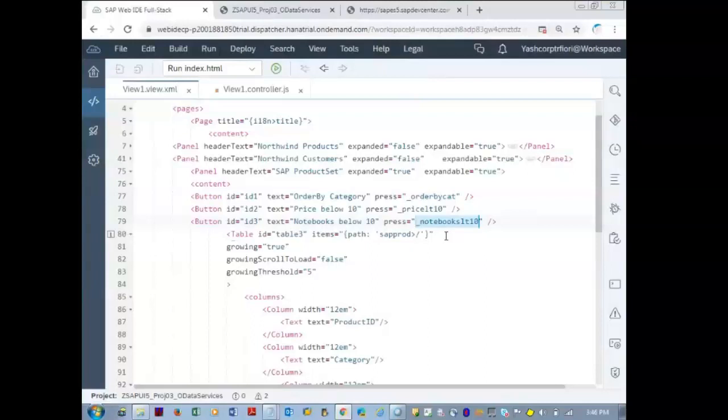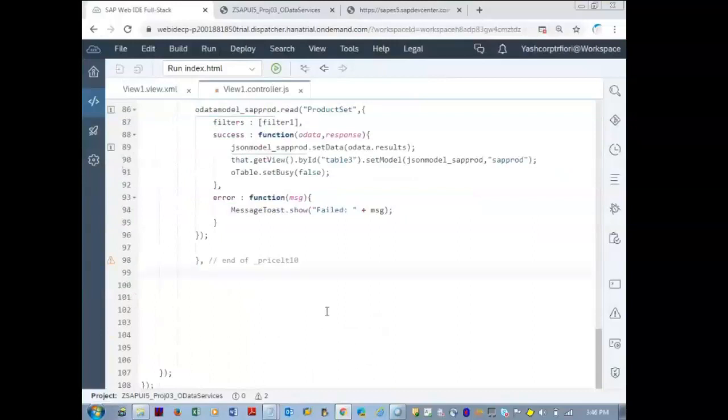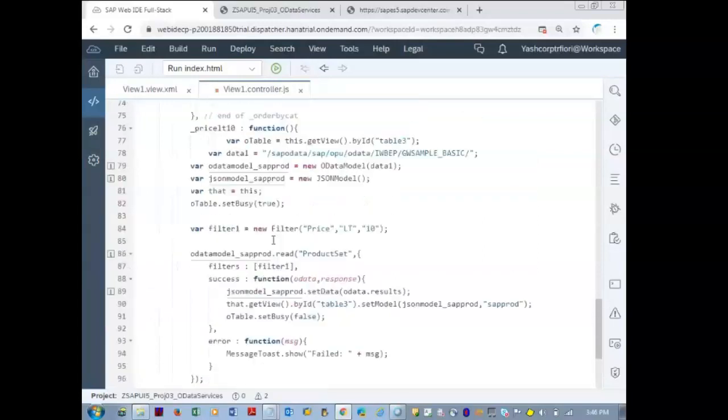Copy that user defined function name, go into the controller and paste it there as a function. Don't forget to always write this comment, end of. It will help you a lot when you are searching or analyzing the code. Now, with one filter, you had the code.